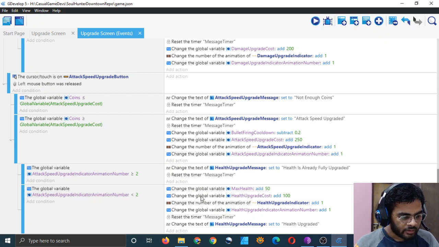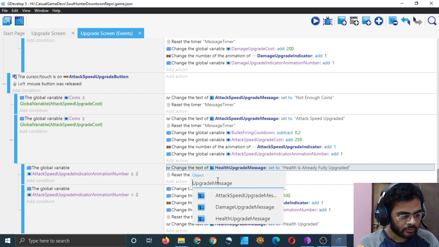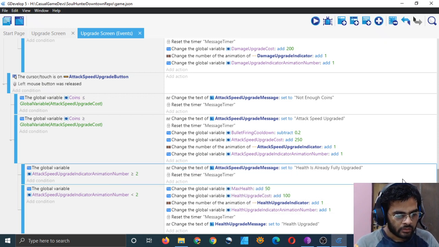So attack speed upgrade indicator, here also I want to put it in the attack speed upgrade message instead of health upgrade message. Attack speed upgrade message. Attack speed is already fully upgraded.